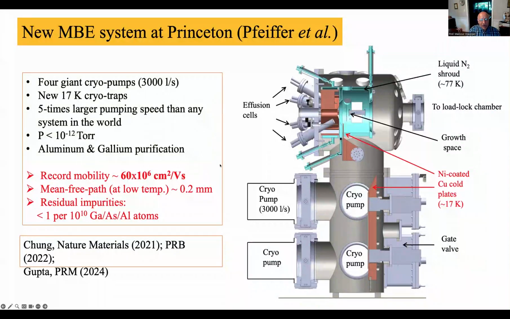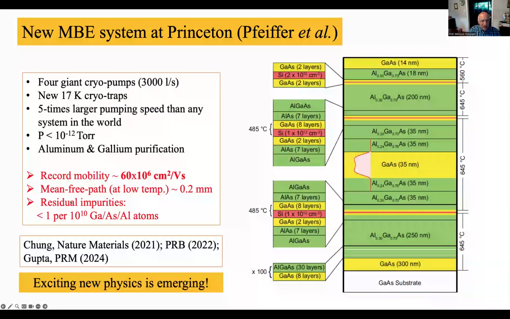So the net result is after 13, 14 years of effort, now the system is producing record mobility, record high mobility samples. It's around 60 million centimeters square per volt second. So this number may not mean much to you. Think about the mean free path at low temperatures where we're doing these experiments is around 0.2 millimeters. So that's literally macroscopic. That's how far the electrons go before they scatter off of impurities. So the key thing here is to reduce the residual impurities by making the vacuum better and also the purification